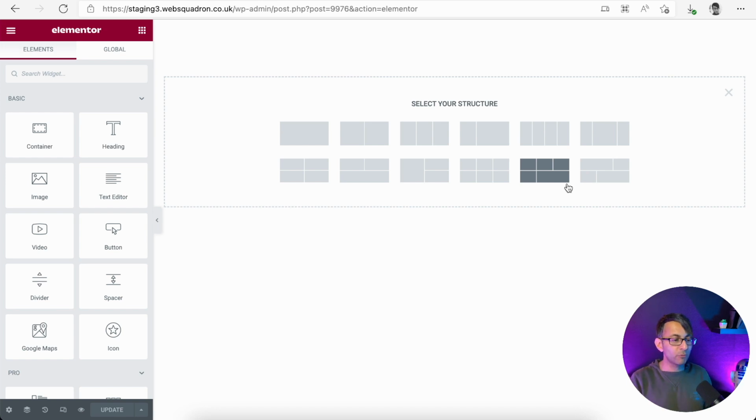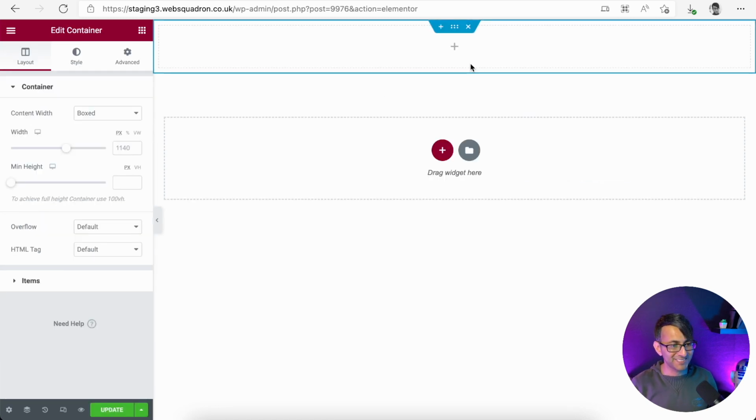For some of you that might have wanted to do a particular mosaic or masonry type of style, but you weren't too sure how to do it. Or you were implementing inner sections. I mean, most of us have been guilty of that at some point in our lives, okay? You know, section, column, inner sections, columns within columns, whatever going on galore, right? Now we can start flexing things around, and when you start to experiment with some of these, you can have a lot of fun. I'm going to start with a very basic section for now.